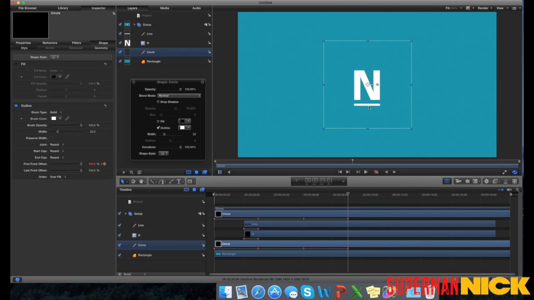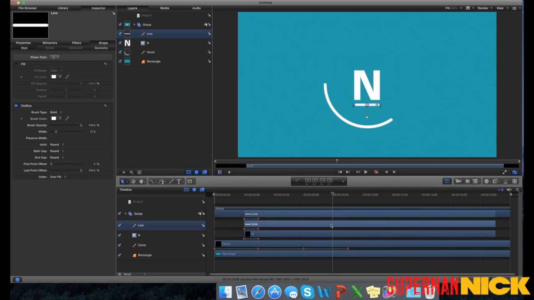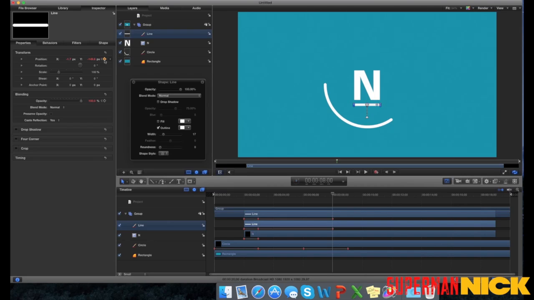Now we still need to make this line disappear. So I'm going to have it start on a delay. So I'm going to make it disappear at about 8 seconds is when it's going to start. So let's put our playhead at 8 seconds. Select your line layer. Under Inspector tab, under Properties, we need to add a keyframe under Position as well as the opacity. Then we can click our record button, drag our playhead over to match the 9 seconds, drag our opacity down, and use our y-axis to bring the line down to where you started, and click the